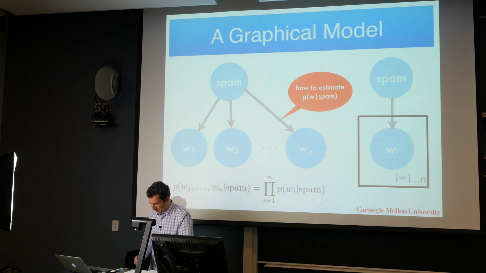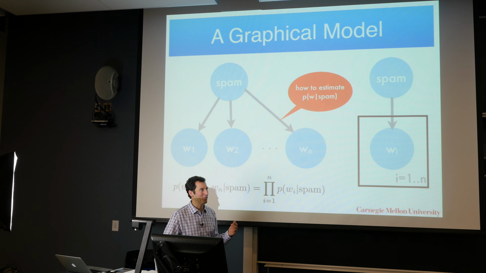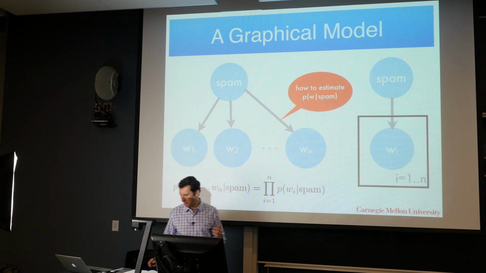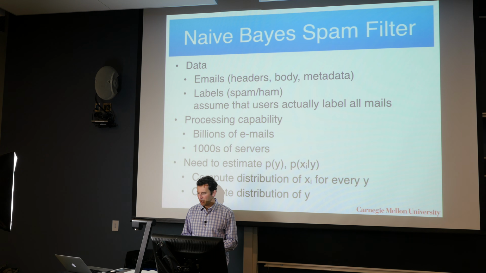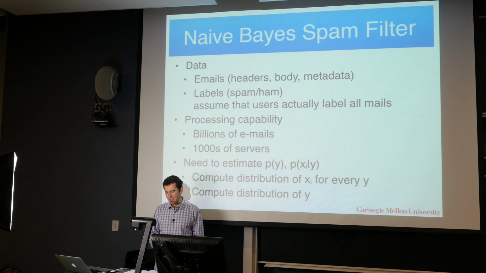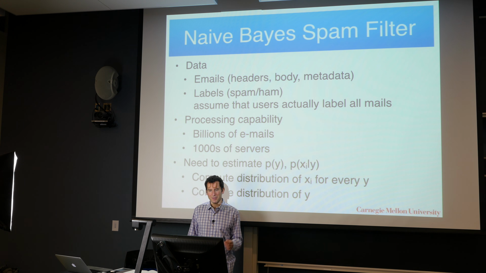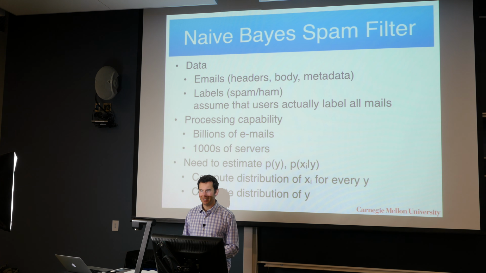Okay. And so, yes. Now, of course, the last bit that we're missing is how do we actually get P of word given spam, right? So I kind of weaseled my way out of the argument how we get P of spam. But how do we get the word distribution for spam? Let's look at the data a little bit more closely. So the first thing that I have is I have my emails. Right? They have a header and body and metadata and so on. It's quite structured.